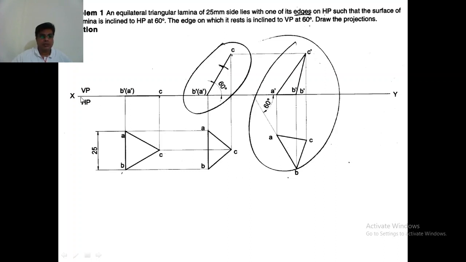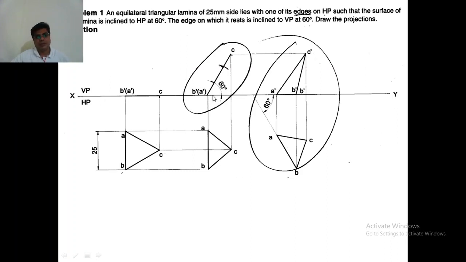The first thing you should do is draw the thin XY line, the intersection of VP and HP. To draw this line, take the micro tip pencil and draw a thin line on the drawing sheet. Keep the drawing sheet horizontal and draw the XY line at the center.